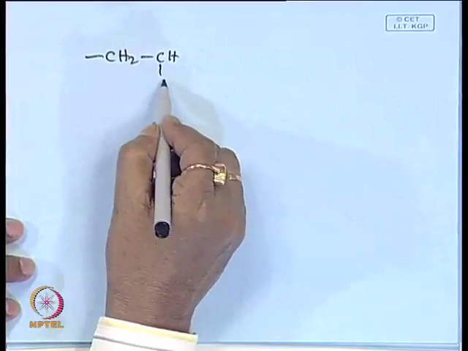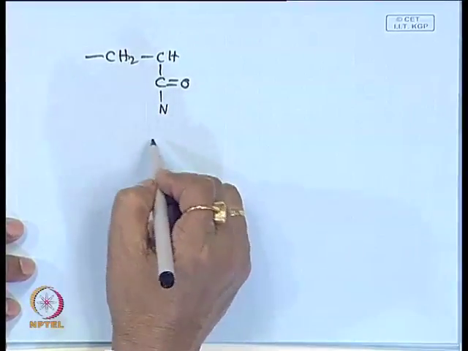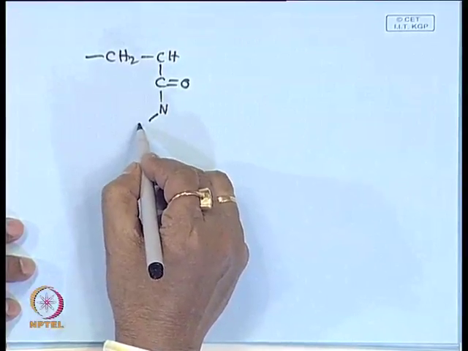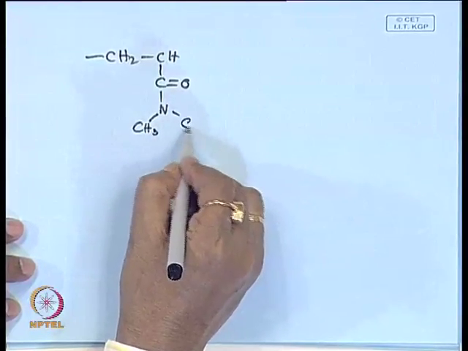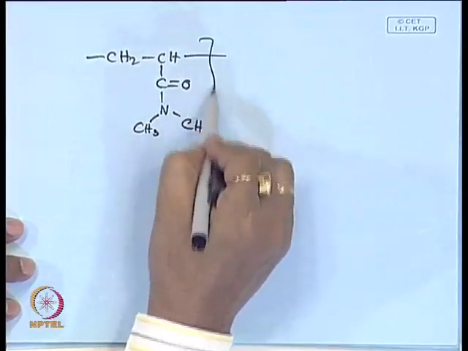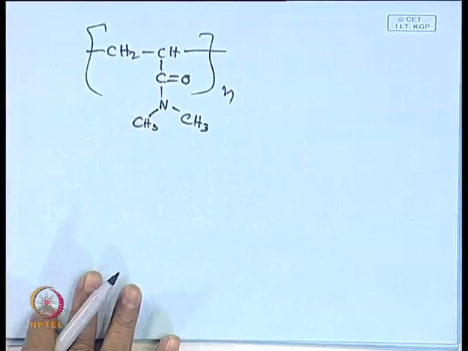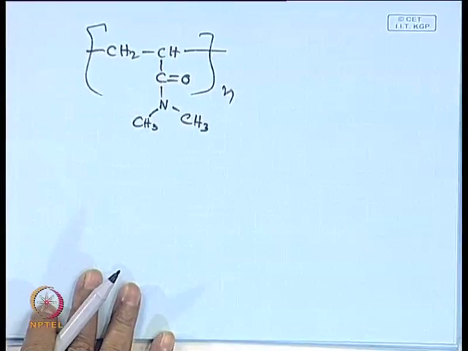On the nitrogen atom you think of PIPAM, NH2, this polydimethyl acrylamide, as well as poly N vinyl pyrrolidone